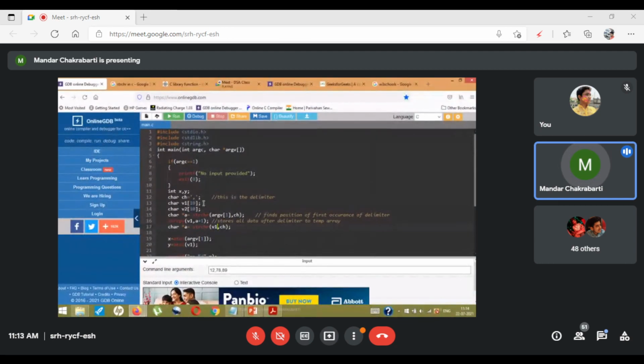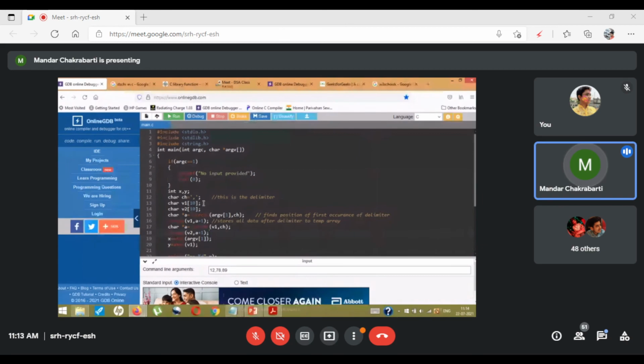Okay, so v1 comma c, and then I copy from this function again to v2.